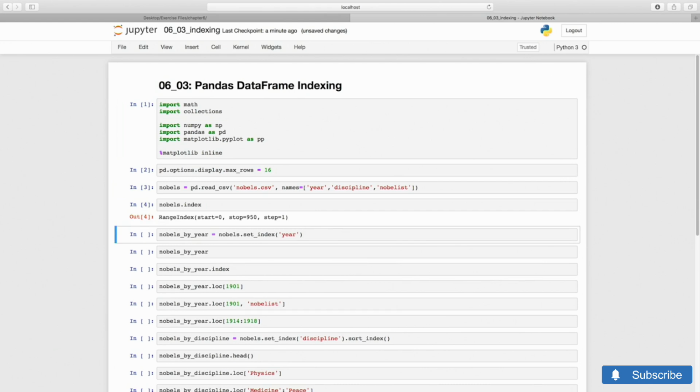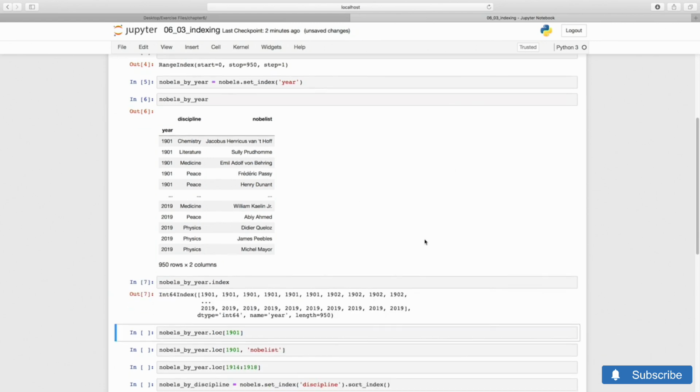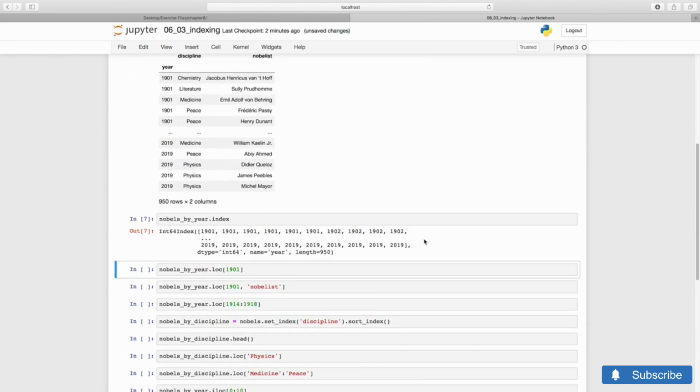We elevate the years to serve as index. We do this with a set_index method, which does not work in place, but rather creates a new data frame. Now the years appear as the index at the front of each row. And here's the index itself. This shows that in Pandas indices do not need to have unique values. That's a feature, not a bug. It lets us select all records for a year, for instance, using the indexing notation.